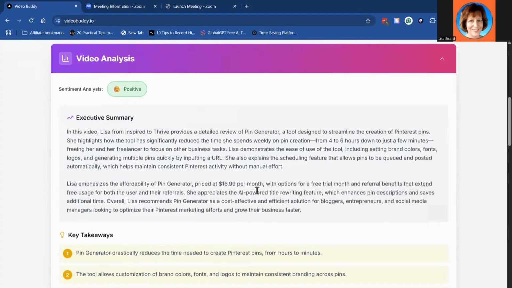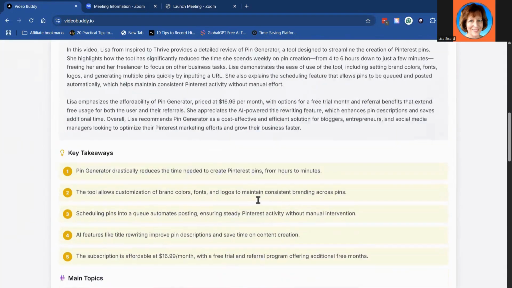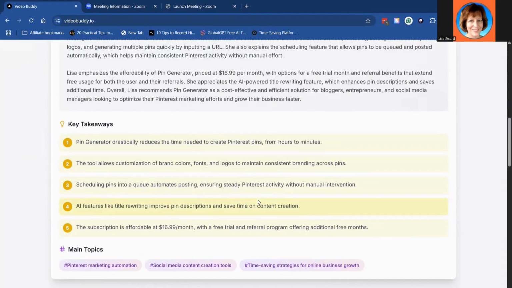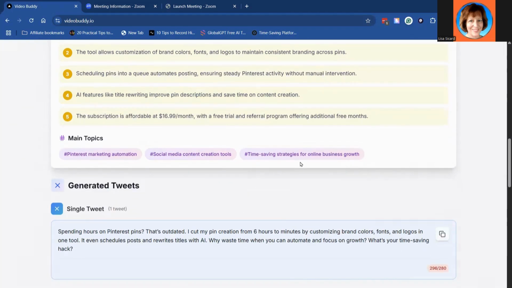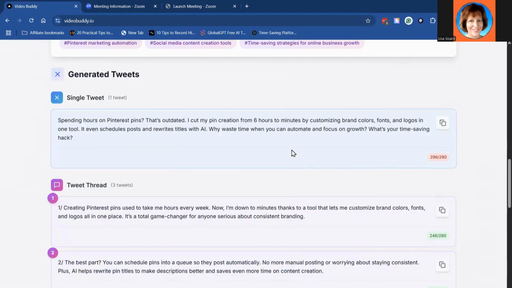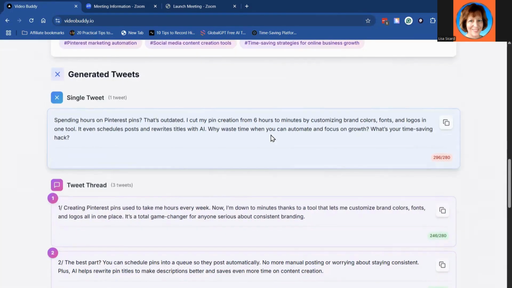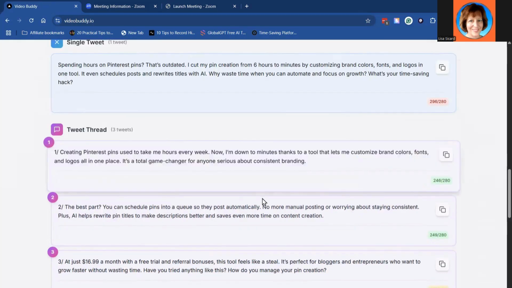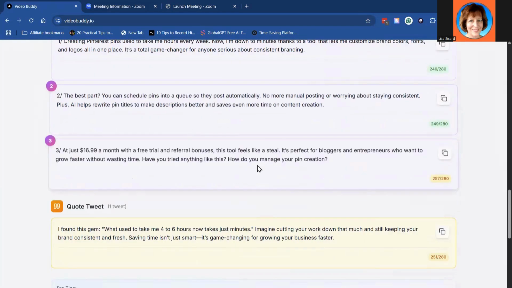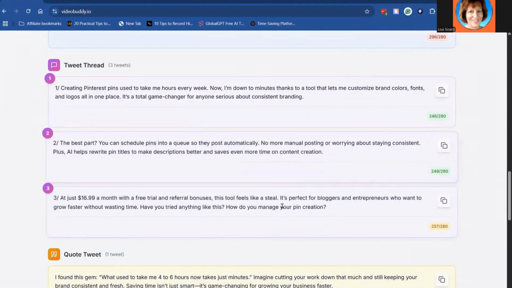So it gives you a summary of your video. It gives you some key takeaways. It gives you some hashtags if you want to use them. And then it gives you various posts that you can do. So you can do a single post on X or you can do threads. I love that feature, being able to do that. Here is the thread